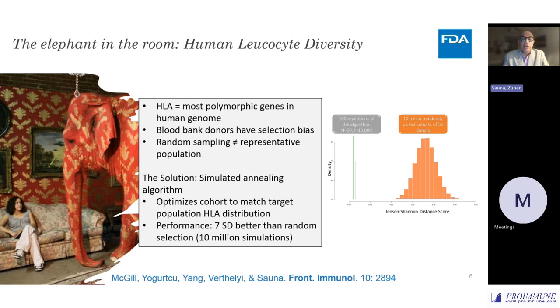So the HLA genes are the most polymorphic genes in the human genome. And when you get blood bank donors, you have a selection bias. And in addition, because of the sheer diversity, the human population has thousands of these HLAs. Even a random sampling, unless it's phenomenally large, will not give you a representative population